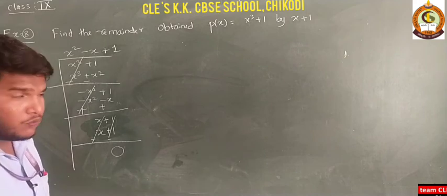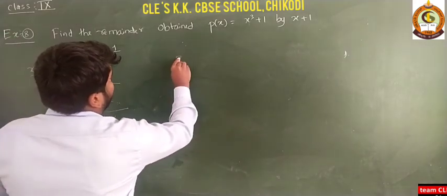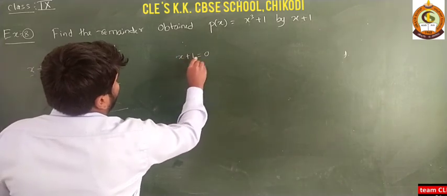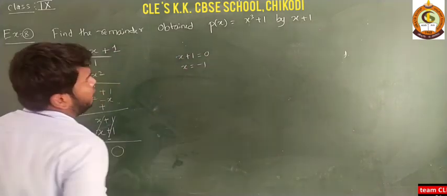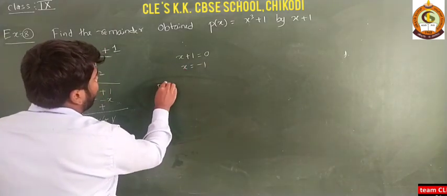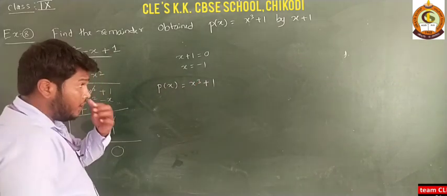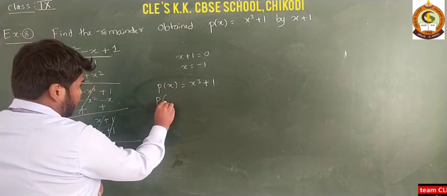So this is by using factorization of polynomials. Now to see this, I equate x plus 1 to 0, that is x is equal to minus 1. Okay dear students, now see p of x here, that is x cube plus 1. I should get the remainder as 0. So I substitute x is equal to minus 1.